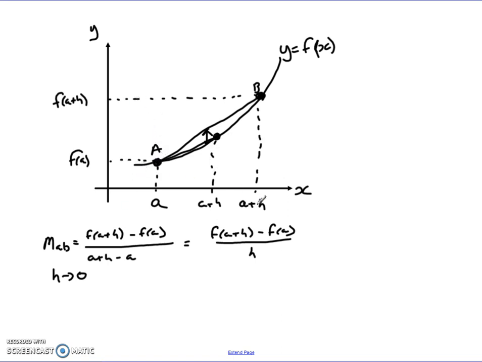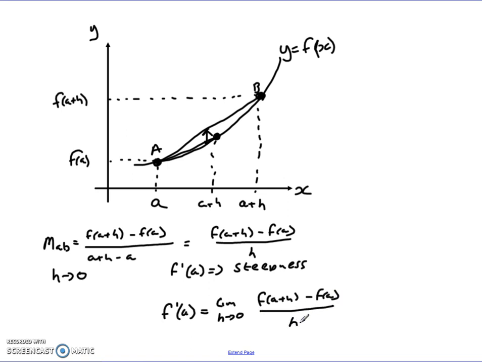Well, this allows me to use this as a generalization. If I use the notation f dashed of a, and say that that is the steepness or the gradient of my curve, I could say then that f dashed of a equals the limit as h tends towards 0, because ideally, like I say, that's the value we want for h, of f of a plus h minus f of a